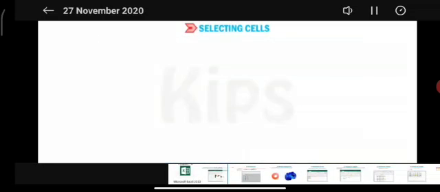So now let's see selecting a cell. We often need to select a group of cells to perform various operations such as copying, moving, inserting or deleting. Selection can be made in any of the following ways. First one, to select, and then what action will be performed. So first one, row or column. So what action will be performed? Click the row or column heading